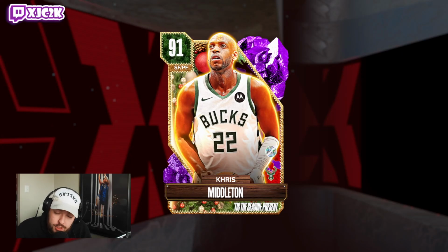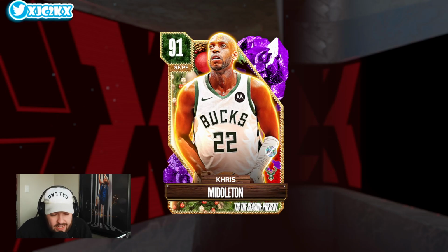In conclusion, Khris Middleton had really good stats in that game, but I'm honestly not that impressed by the card. His release is not super fast. It's a little bit baited. He does not shot create all that well, and defensively, he's good, but not insane. Like I said, he's a fine card, but there's a lot of other cards at the small forward position